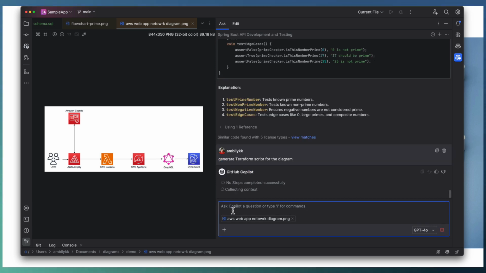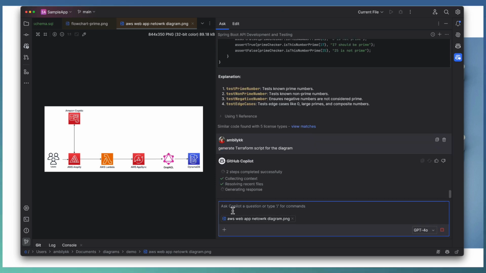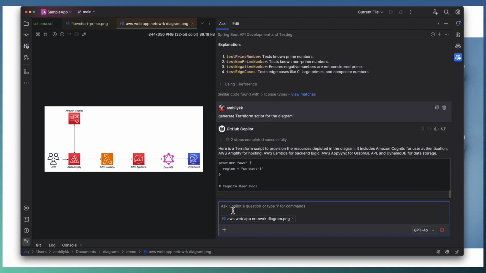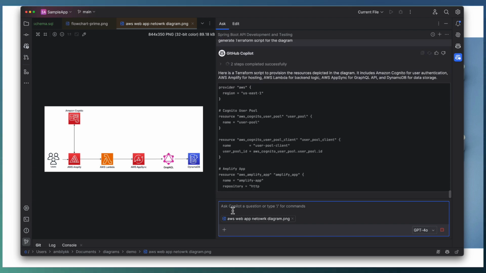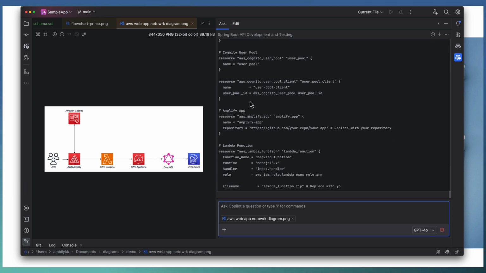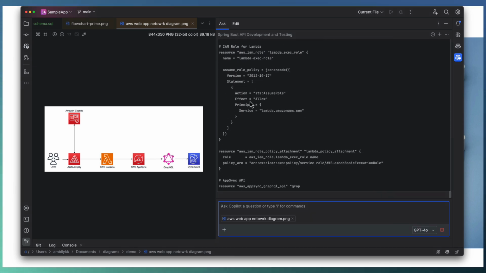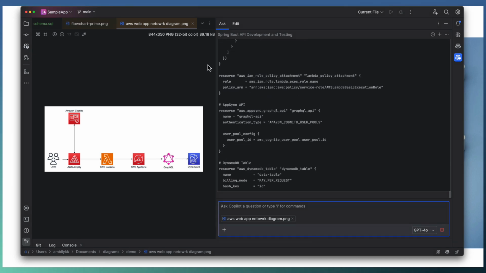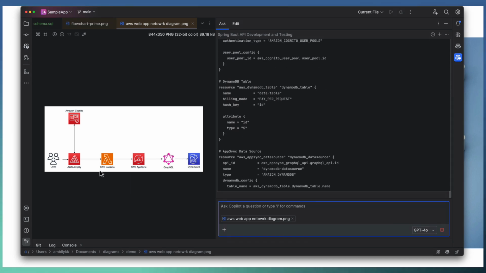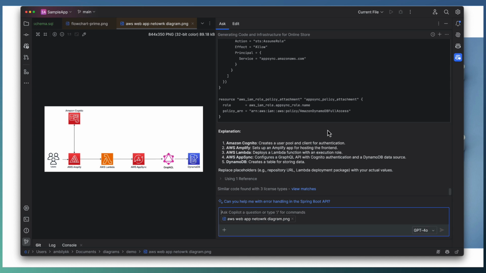diagram. A simple prompt by passing the diagram brings you more insight and the code related to that particular one. Here Copilot is suggesting the detailed Terraform script for provisioning this entire diagram. Once it's available, we can customize it by giving the names or the other configuration elements.